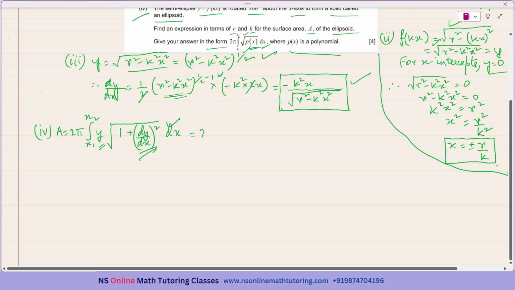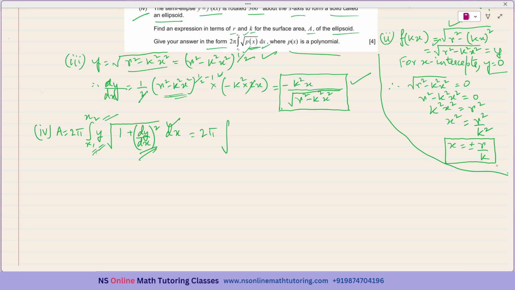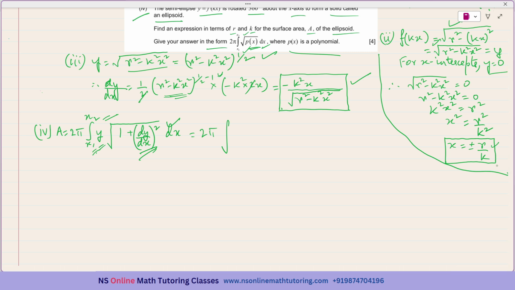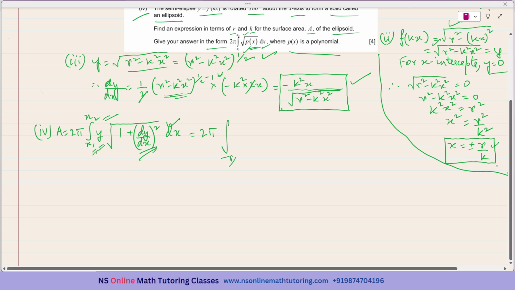So this will be equal to 2 pi. And what is x1 and what is x2? The two x-intercept values. In case of this semi-ellipse, it is plus r over k is the upper limit and minus r over k is the lower limit. Okay. So minus r over k will be the value of x1 and plus r over k will be the value of x2. And now the y is